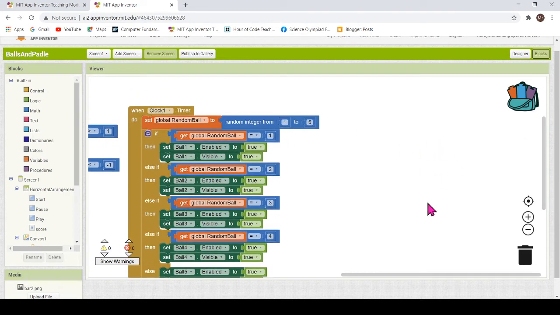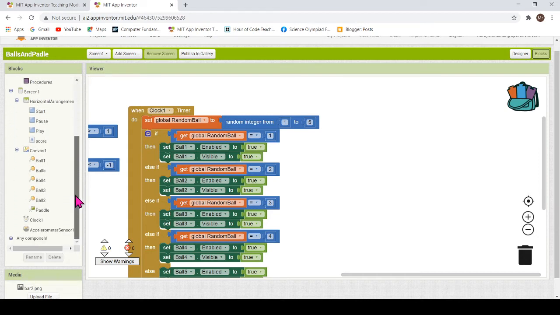Dear children, I would have told you that MIT App Inventor programming is event based programming. So we need to create events. A different event will make things happen differently, and there could be many events. Let's create one more event, and that is what will happen when your ball hits the paddle. Because what is happening so far, your balls are popping up in the sky, falling down, and you are moving the paddle. And now if your ball is touching the paddle, nothing is happening.